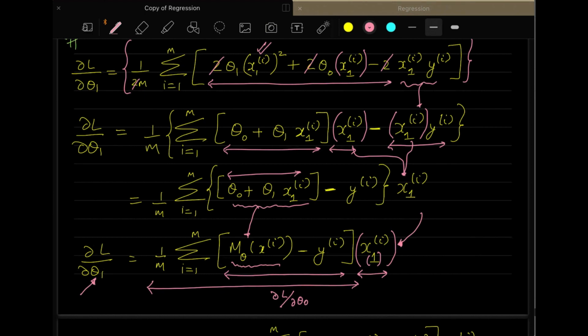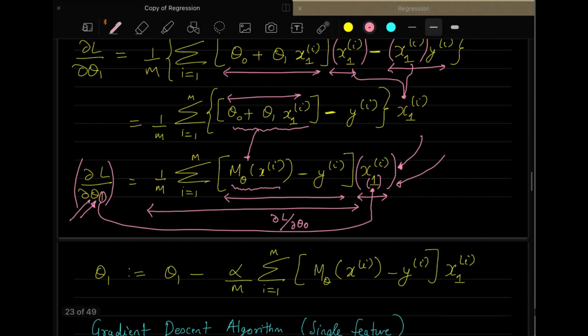The important thing here is that the derivative of the loss with respect to theta 1 has the 1 in theta 1 matching the feature that you have. That is also important because, as we will see, as you increase the features, these thetas will also increase according to the features. So as the number of features increases, theta also increases. This one matches with this one, which is the subscript of x. So this is the gradient descent equation.